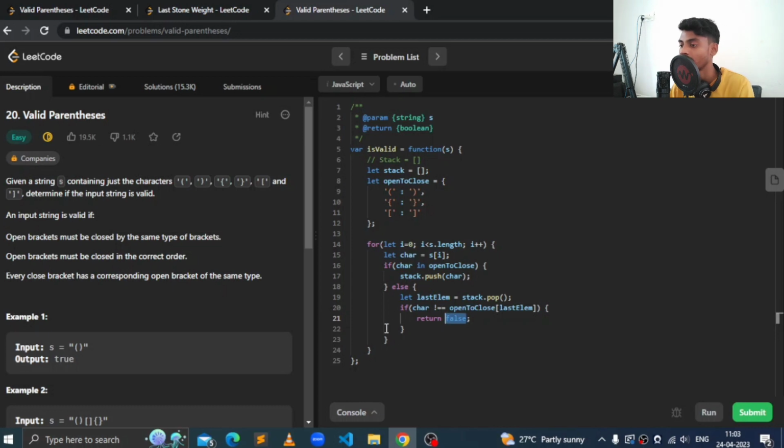That's all. This will check all these conditions. If you try to dry run, you will understand that this is actually handling all these conditions. And in between, if it breaks any of these conditions, it will directly return false. And if not, this whole for loop will get executed, we will not hit the return false condition, and we will return